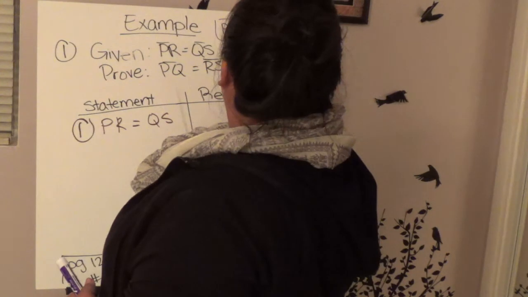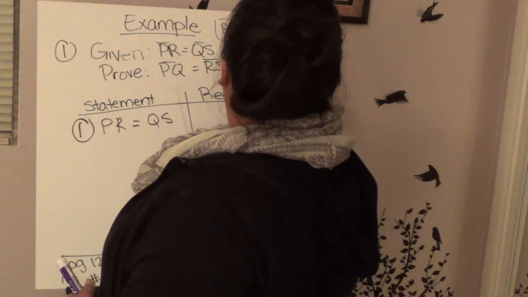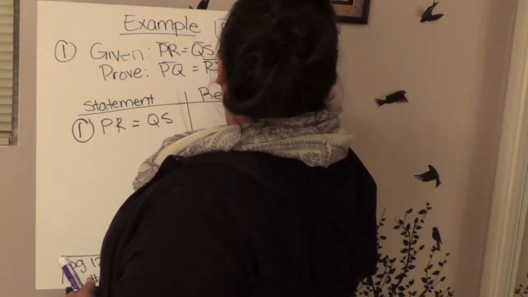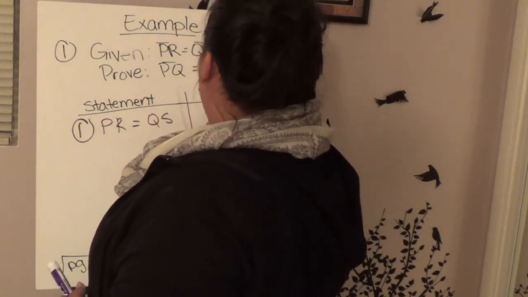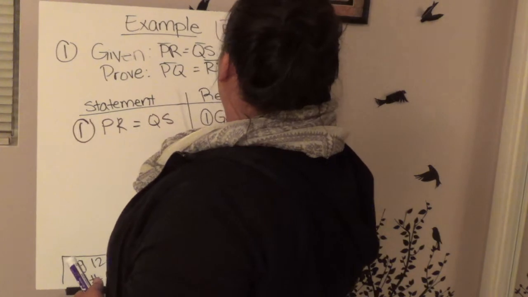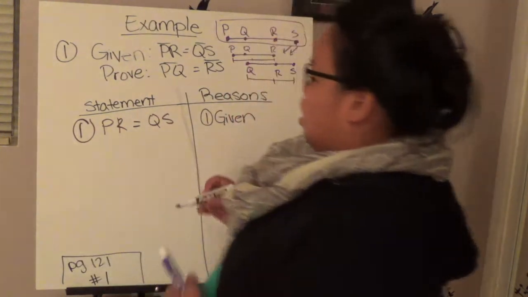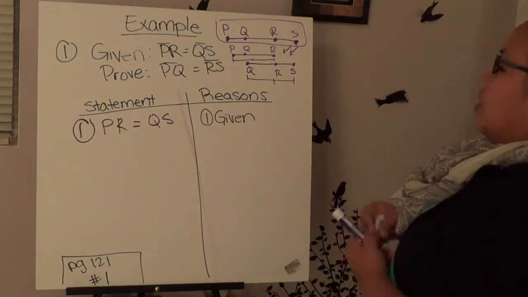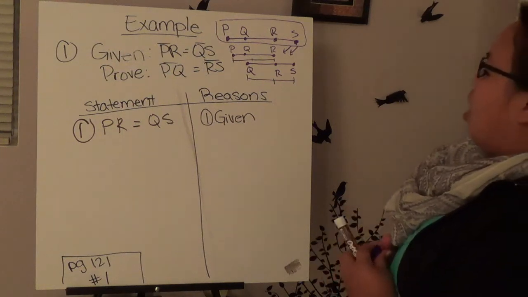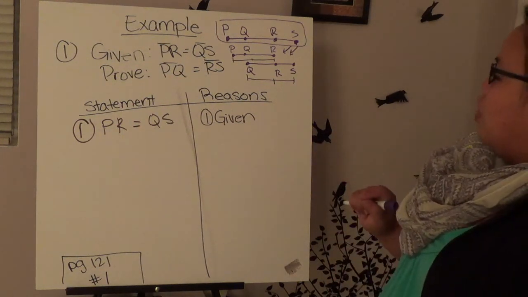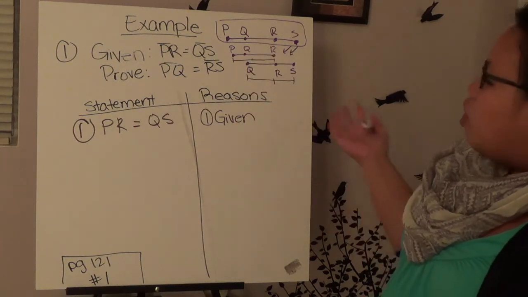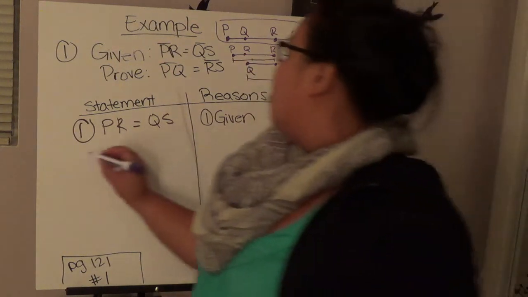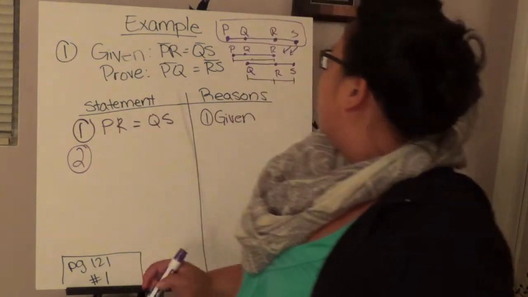So this whole line right here equals this line. So PR equals QS, this is my given. So from there, let's see if we can figure something else out. We know that PR equals QS. Okay? We also know that there are these dots here. So let's do PQ